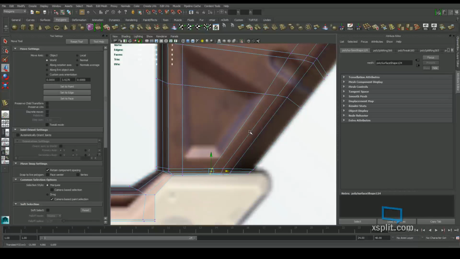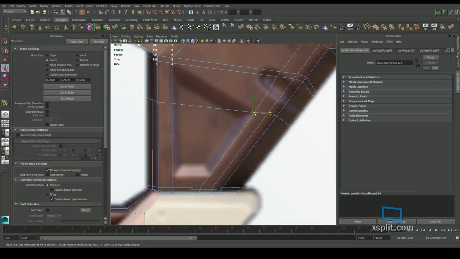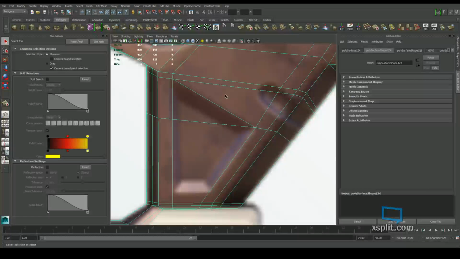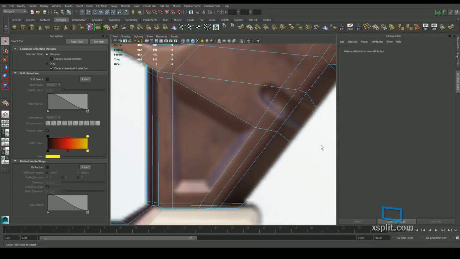And just get that lined up there. Get this lined up to that one right there, and I'm going to connect in these 2 points. And I'm going to delete that edge. And delete that edge. So now we've got continuous line flow there